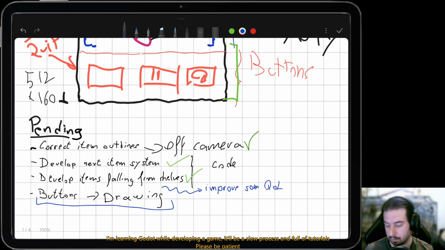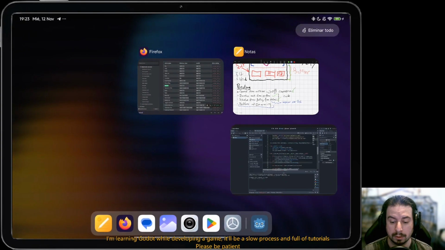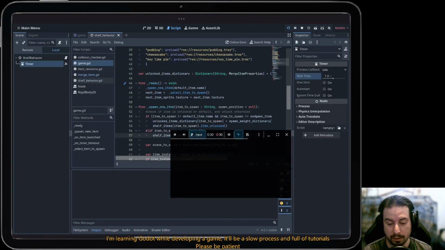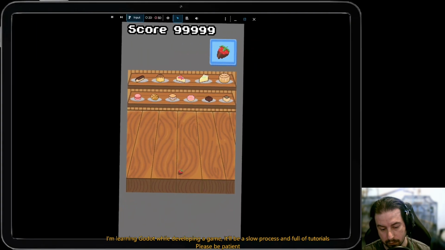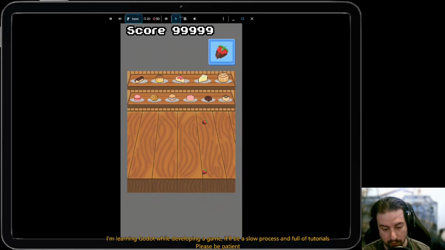And what I mean by that is, right now, whenever every item collides with another, it stops immediately. It immediately stopped in there. So I want to have momentum,